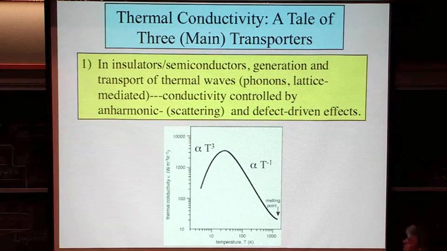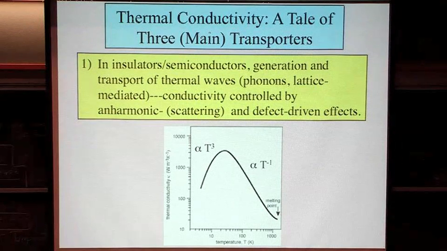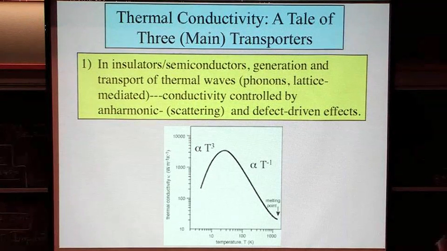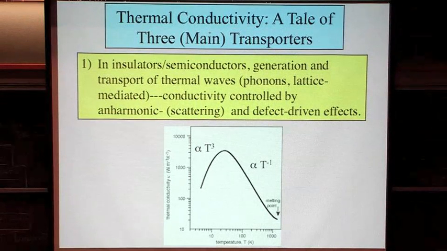The reason it goes as 1 over temperature, and the theory for this is not actually very simple, but the rationale is that when you put a thermal pulse into a material, that thermal pulse has a certain directionality associated with it. Let's say I have my hand on the table, the heat is propagating downward within the table. But there's that ambient field of vibrations within the material. So you've got vibrations that are trying to propagate in one direction, let's say downward in the table after I put my hand on it.